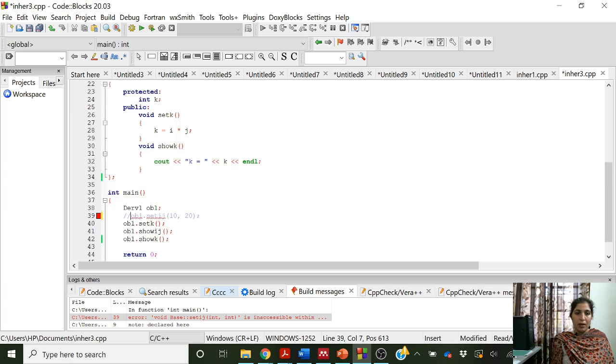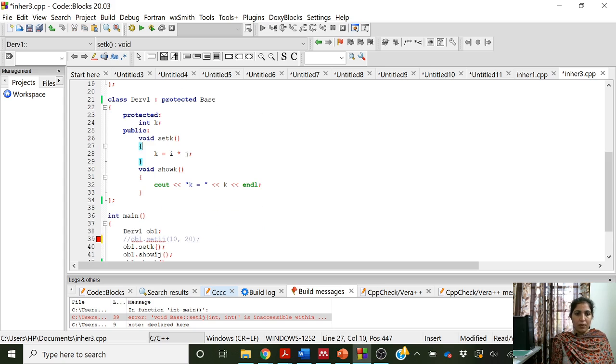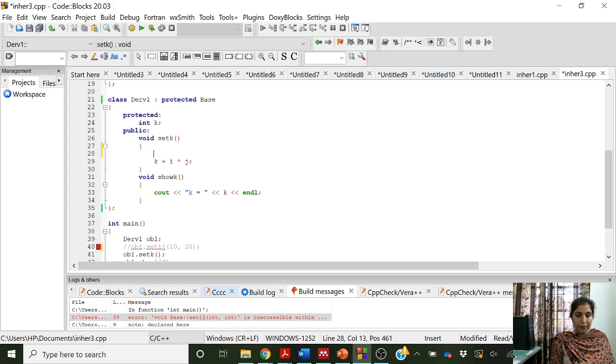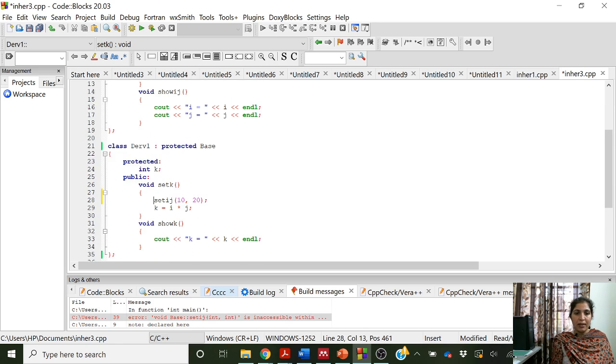Instead, let us try to put this statement here. When we call set k, we will make a call to set ij. Set ij will set the values of i and j, and then this statement will set the value of k.